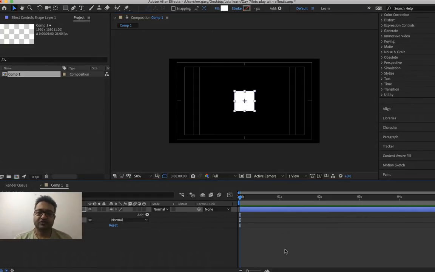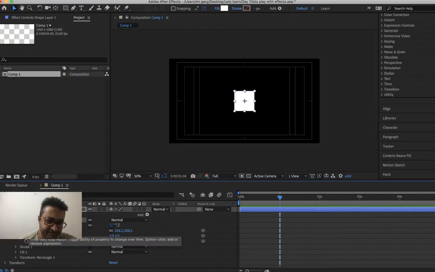Yeah, as you have seen, there were two circles and something was joining those two circles. What was joining those two circles was a rectangular shape in between them. So let's first animate our rectangular shape. Let's start with 1 second. Go to the rectangular shape properties, open rectangular shape properties